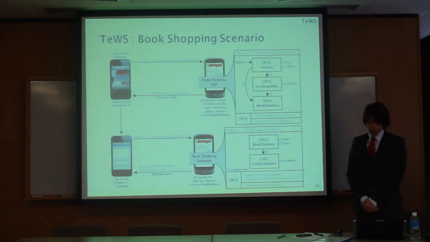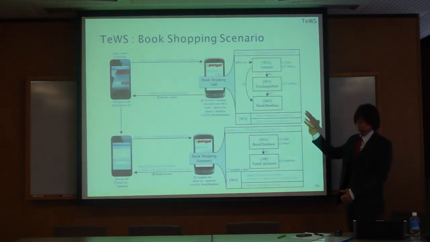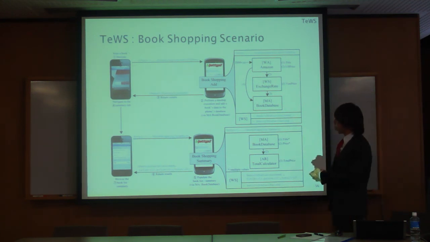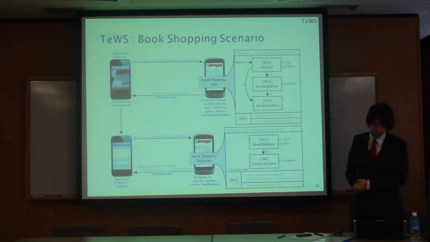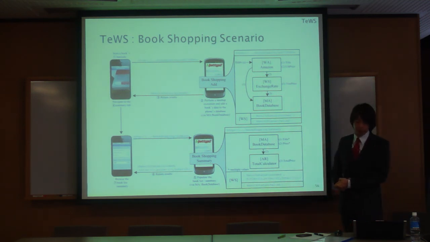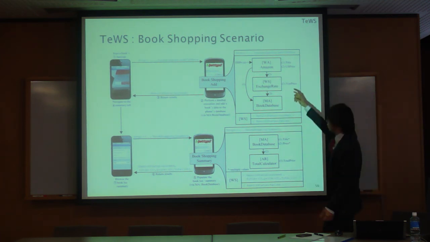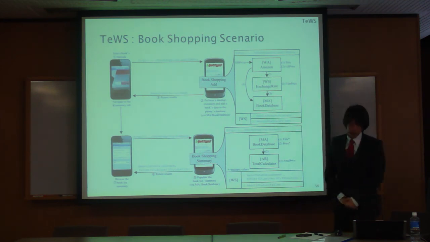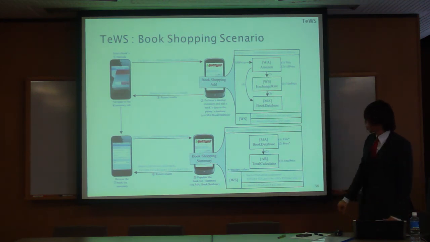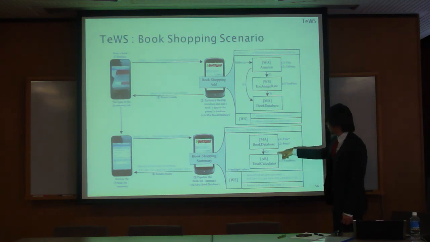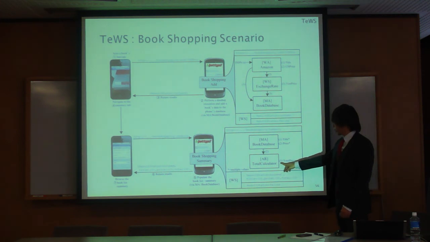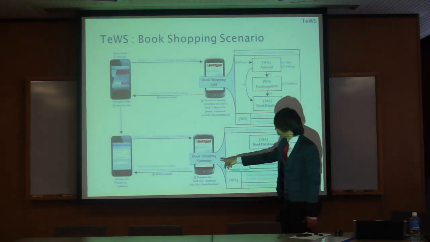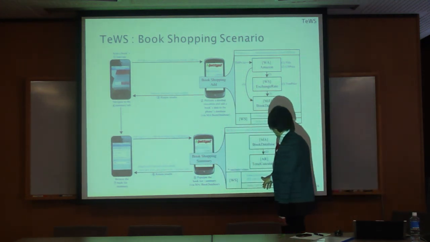In these scenarios, we use two web services to work in this mashup. The first one is the book shopping app. It will query the book information and store it on the host device. So it queries from Amazon, changes it into Japanese yen and puts it into the database. The other one is to summarize the price from the database using an arithmetic component. So the output will be the summary of the price, and you can send the summary of the price and